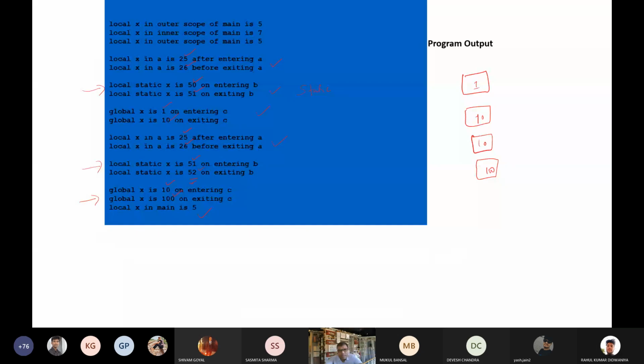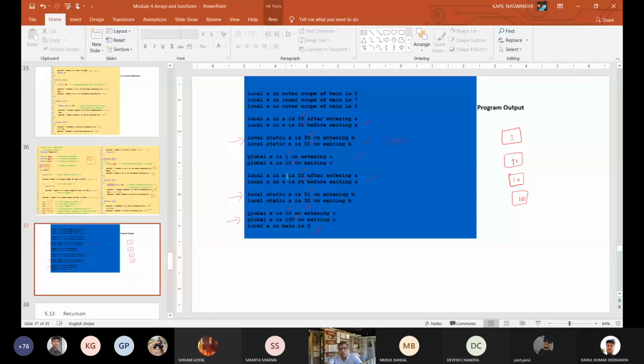So up to this, I think this is sufficient because we have explained two different examples, and tomorrow we will see recursion. It is highly expected from all of you that please read the portion of recursion given in your book.